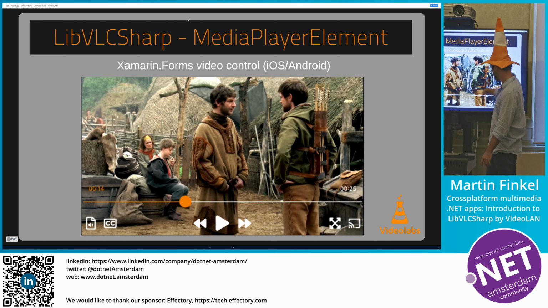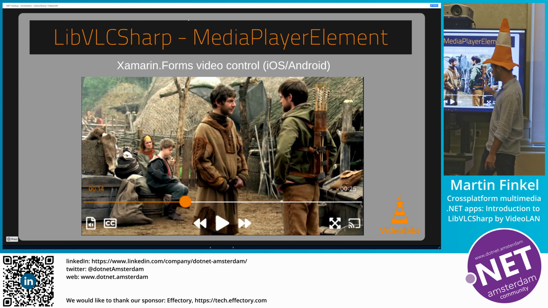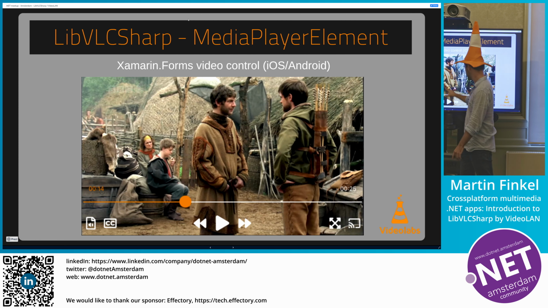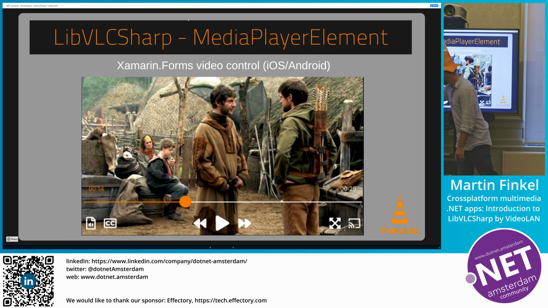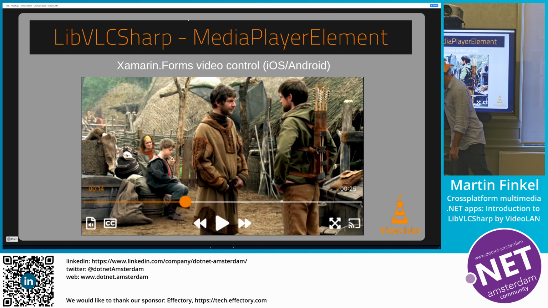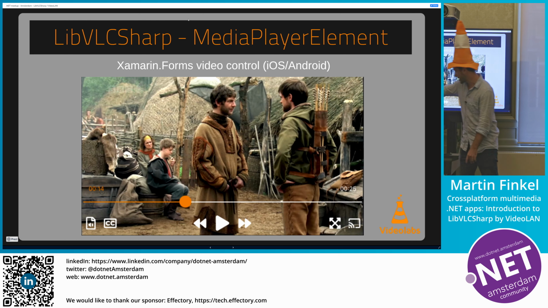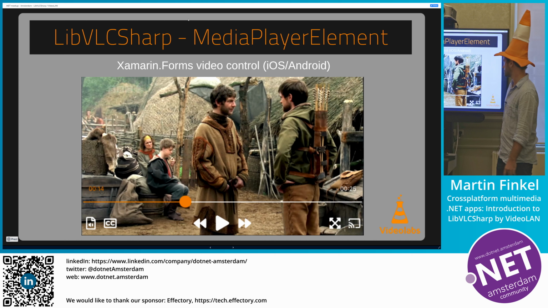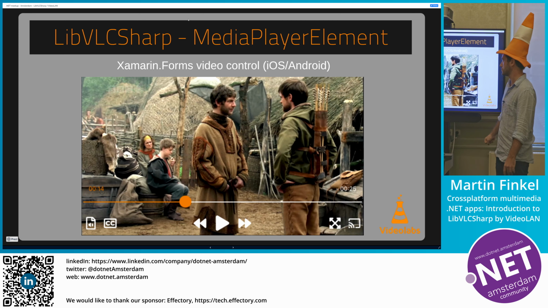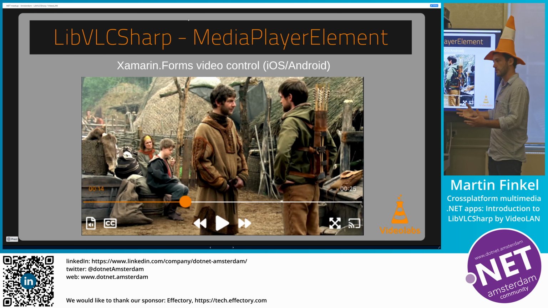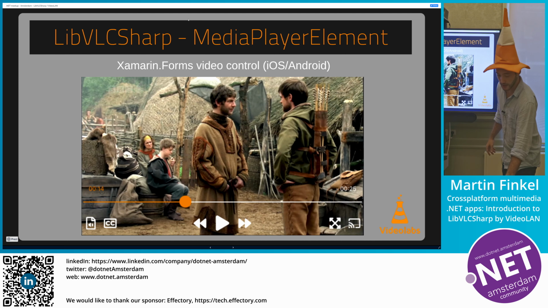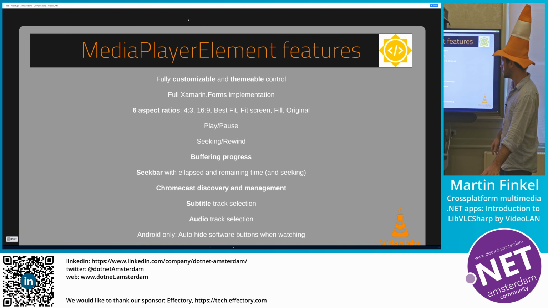The duration seekbar with the time remaining and the time elapsed, play, pause, seeking. This is captions, so probably subtitles, and that must be the audio tracks. So yeah, it's an offering that matches more what's already provided by Google and Apple.